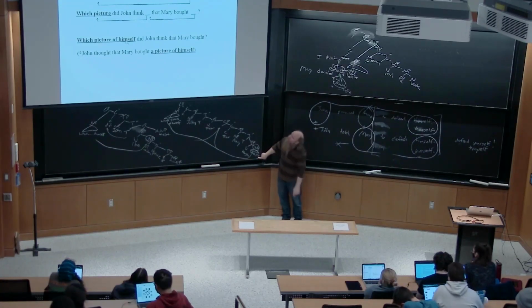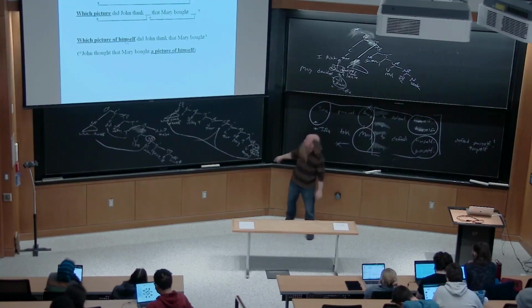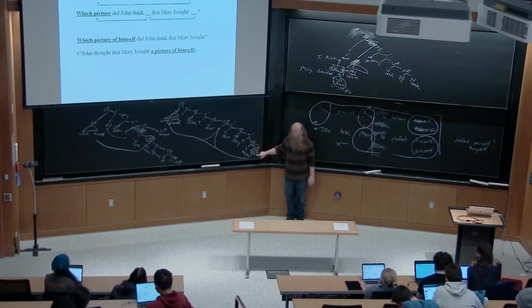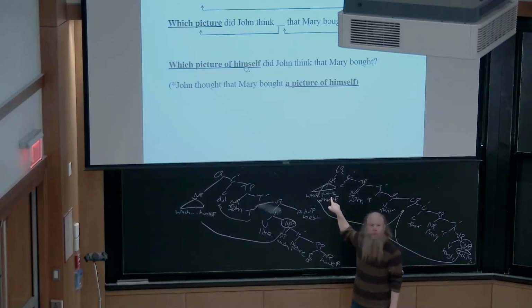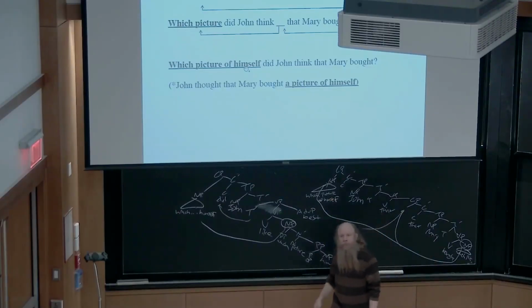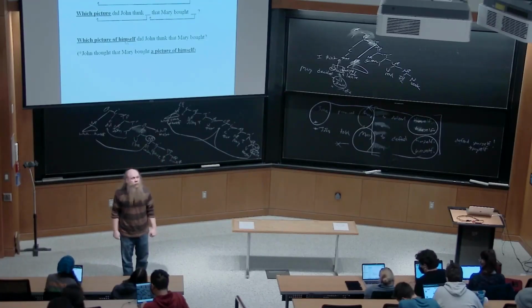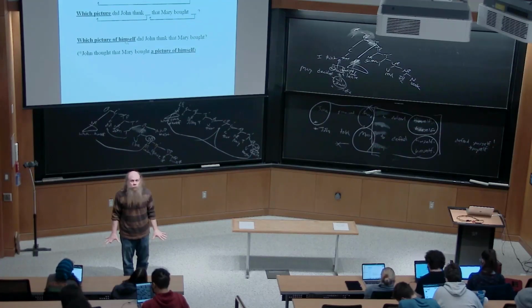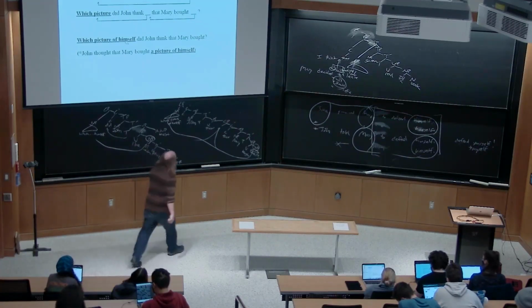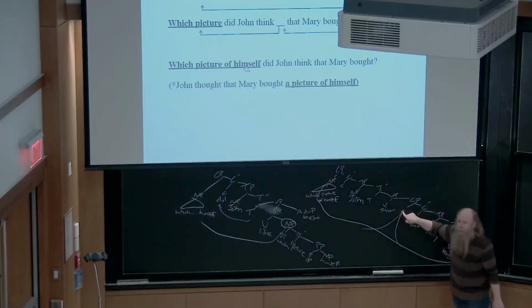And so we can see that here. You can't say "John thought that Mary bought a picture of himself." So this position is too far away, and in this position John doesn't c-command. If these are the only positions, then we are doomed. Himself can't be bound happily in either of those positions. Doomed. But if which picture of himself spent some time here,